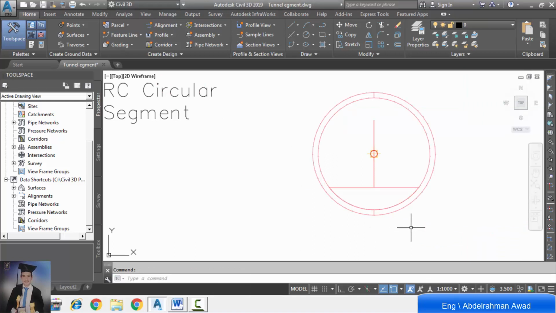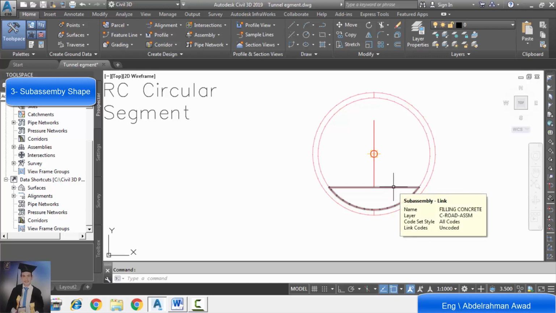So we will add a shape for each sub-assembly, but in add a shape for each sub-assembly we will click each sub-assembly and we will select all sub-assembly links. So we will do that for filling concrete and two circular segment. But to facilitate that step we will separate filling concrete from circular segment. So we will separate